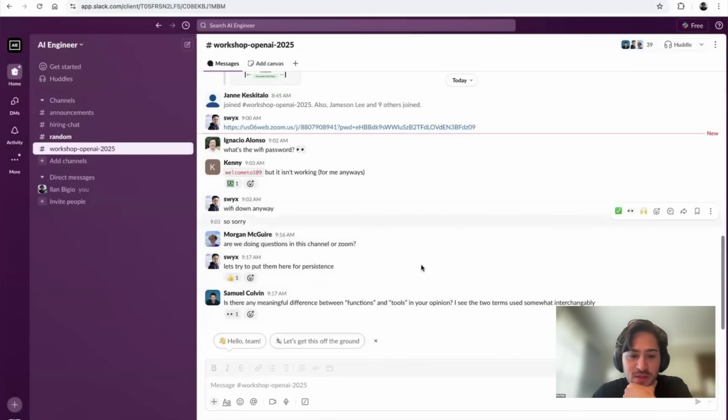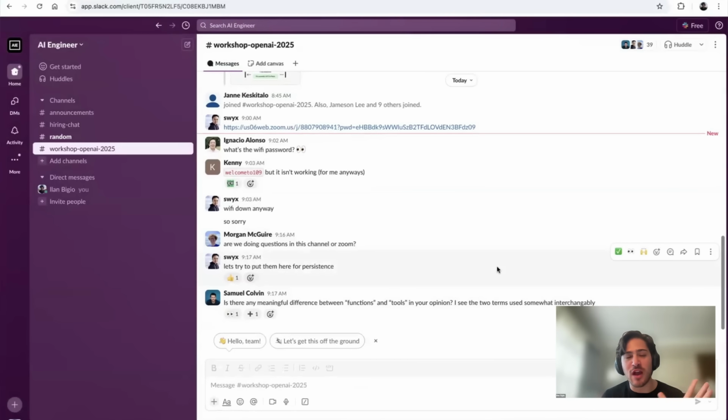Between functions and tools, in my opinion. Hey, Sam. Yes, I think we've all been gravitating toward functions and tools as the two main ways. Originally, it was just functions. Tools was something we renamed later. The way I tried to specify it in the docs is that functions are the raw function calling: you provide an interface and you're responsible for executing the code.